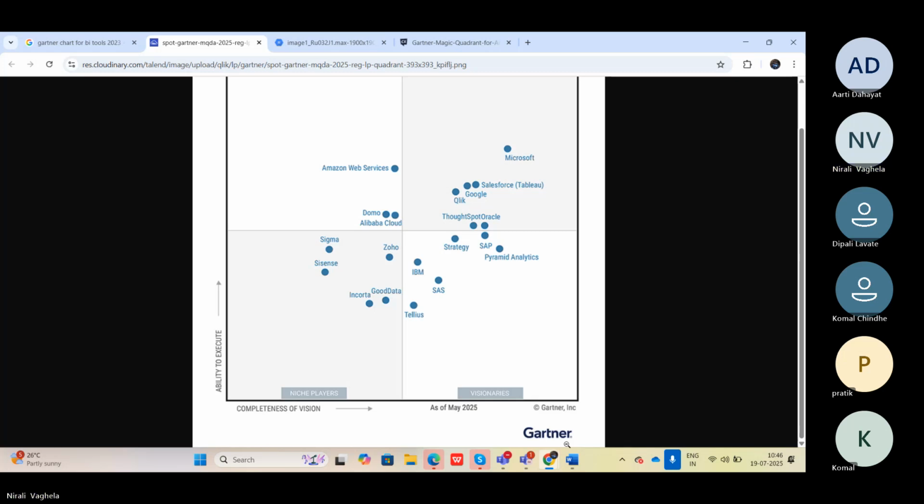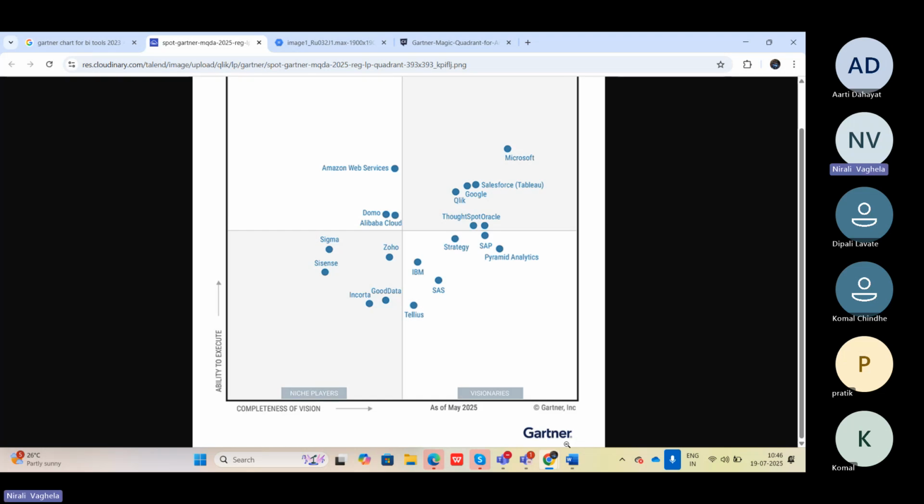But later on, when tools like Microsoft Power BI or Tableau came into the picture, those tools became outdated, in a different sense, because of licensing cost. The licensing cost of SAP, Oracle, or IBM products is way too high compared to these two.